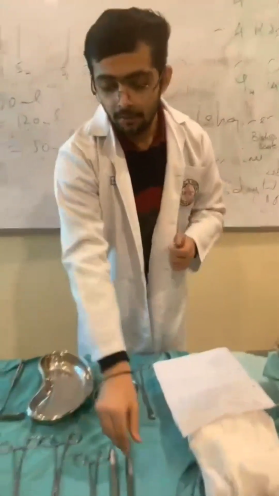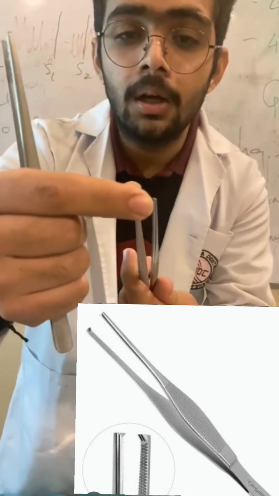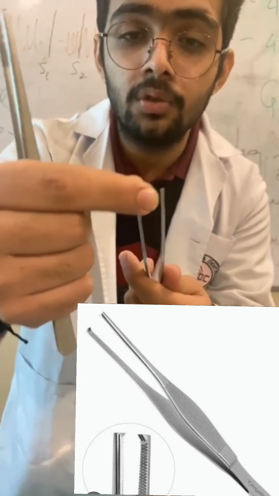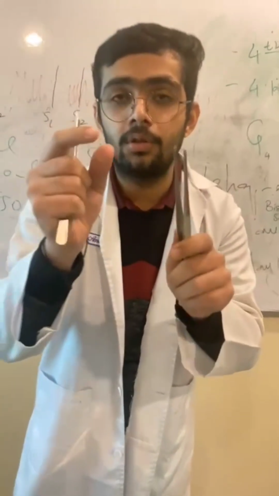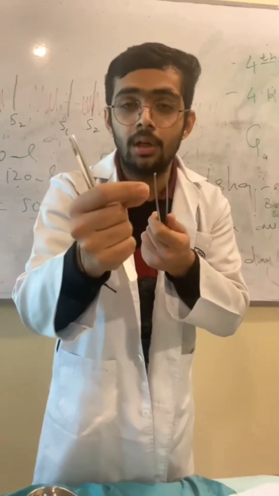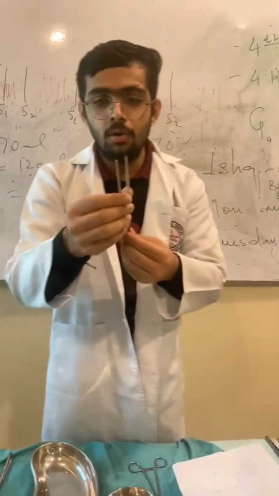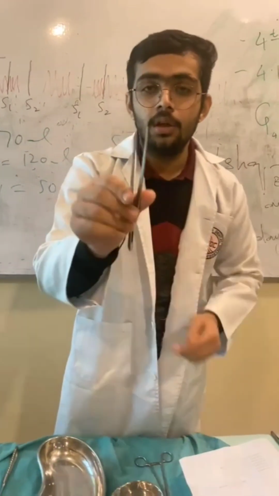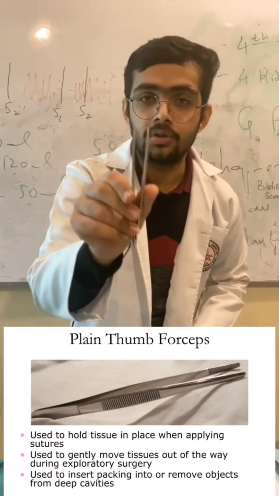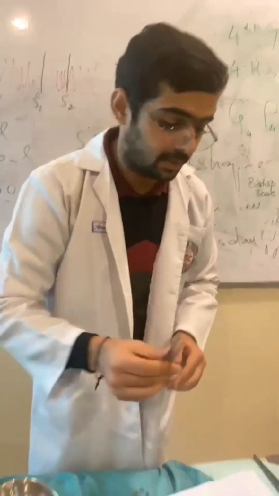So for the forceps, we have three types. We have the tooth. It has some knot-like structure because, according to teachers, we cannot use this for soft tissues like the intestine and all that, because it can hurt the tissues and cause bleeding. So for the small tissues or the small intestine we use a plain forceps. So this is a plain. It does not have a knot or tooth-like structure, right?